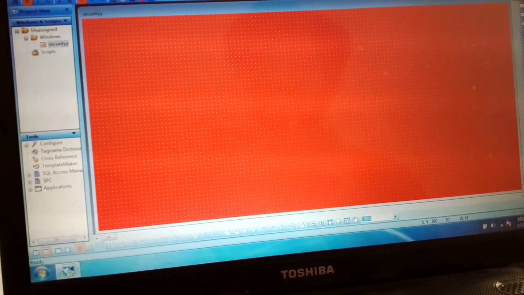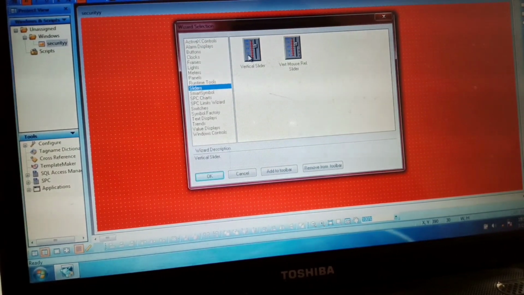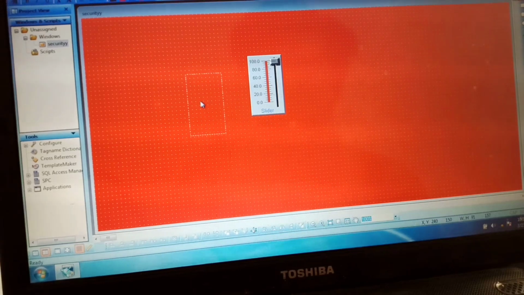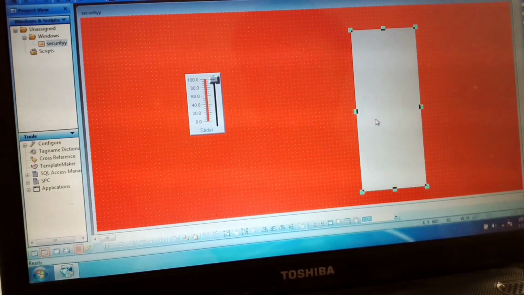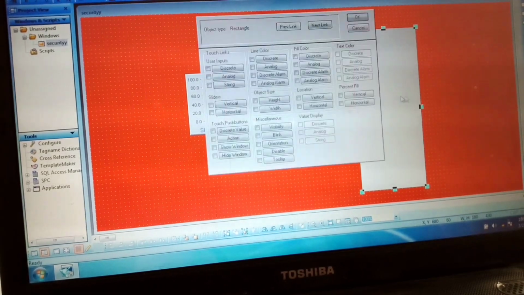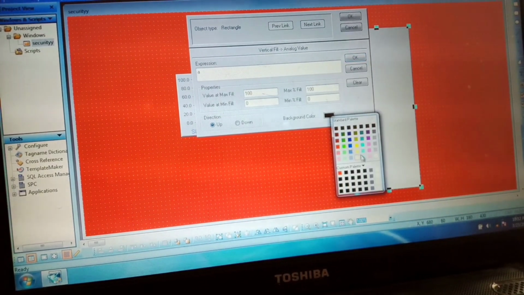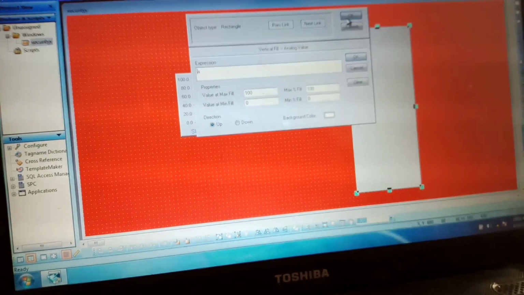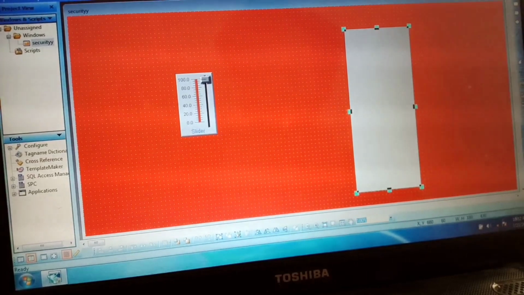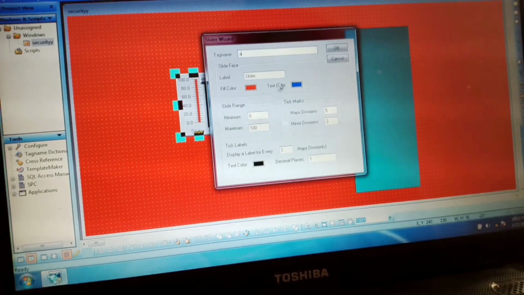First, you can open wizards and take a slider. Here I am going to show how you can create a security on a slider. And after that, you can take a tank and fill this tank. Give a tag name. Here I am giving tag name A and background color white. Okay, define tag name, save, close. Then the fill color I am taking here is blue, the water color, and give the tag name of slider A.